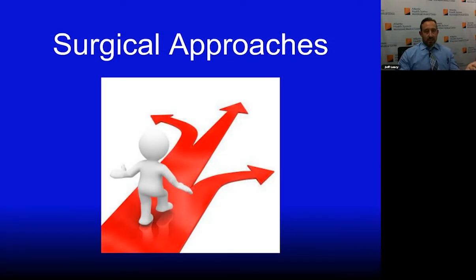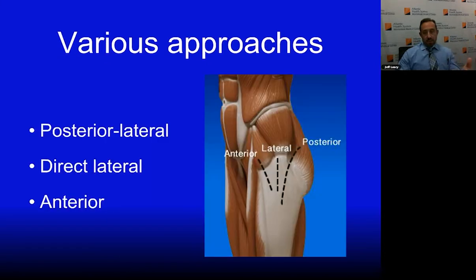Next thing I think has really changed is the way we're approaching hip surgery. Traditionally, the most common way for years and years was the posterior approach. There really are three ways you can do a hip replacement, and there are variations on that, but three main ways. One is the posterior, or the direct lateral, or the direct anterior. The posterior approach is the most common by far here in the U.S. It's been done like that for 100 years, and we're going to talk about what that means.